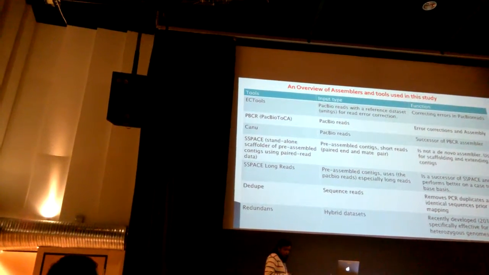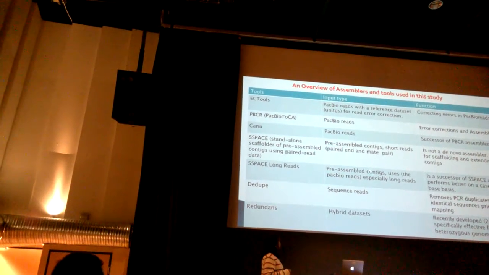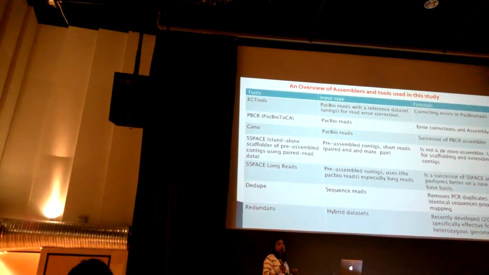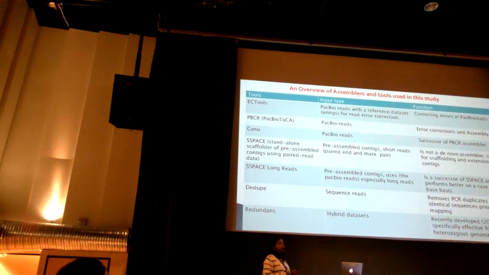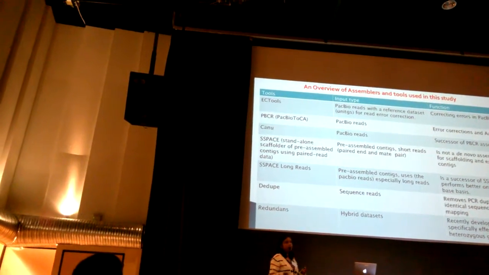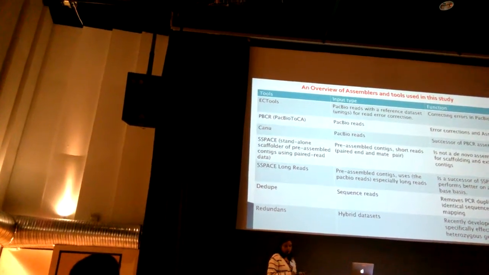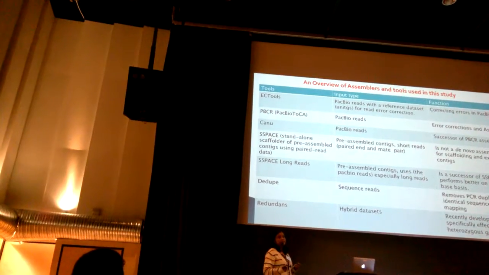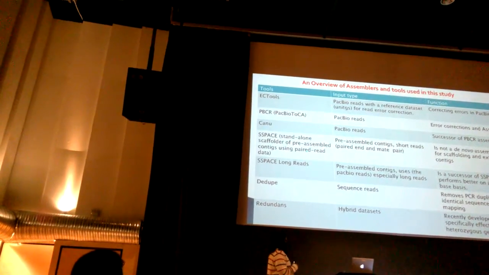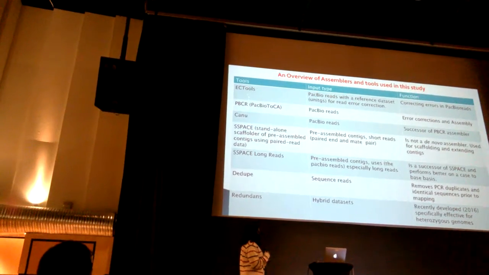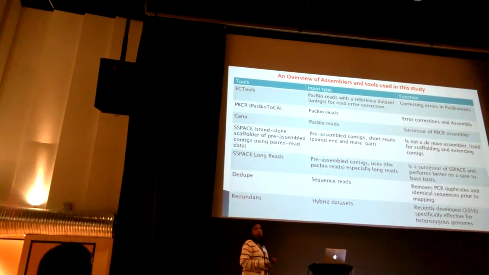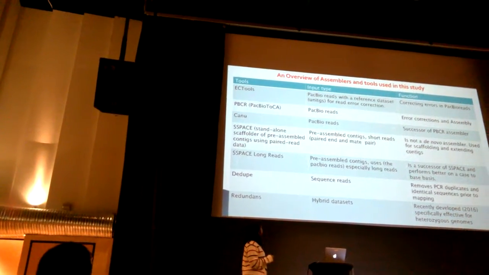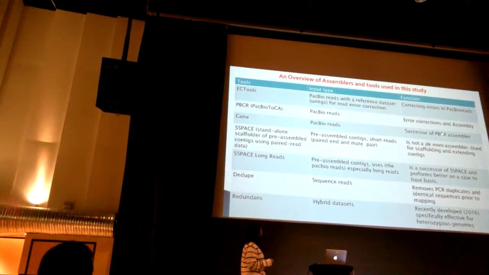Before I get into the details about the assembly, I want to discuss a few tools that we have used along with the assemblers. When you read a paper, you see that people have assembled using a de novo assembler. But if you just use the de novo assembler, you will be very disappointed with the results. You need to do a lot of scaffolding afterwards and use multiple tools. With PacBio and this hybrid data, we managed to use some of the tools I have already discussed, EC Tools and PBCR. And Canu is a new assembler which is a successor of PBCR, and it is known to perform better. It's quite new, it came out I think early this year.